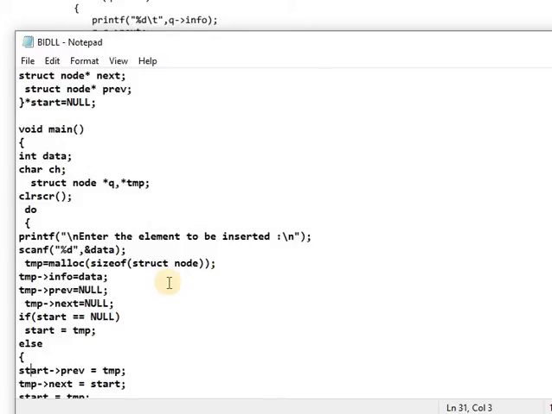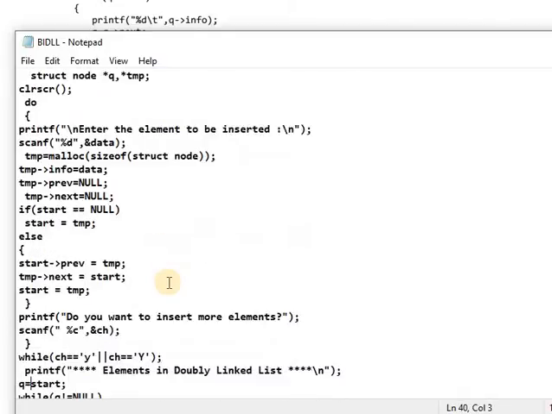If this is the first node, start is null, so it is allocated. Otherwise, temp is assigned to start's previous, and the start pointer is assigned to temp's next. The two nodes are connected with each other.